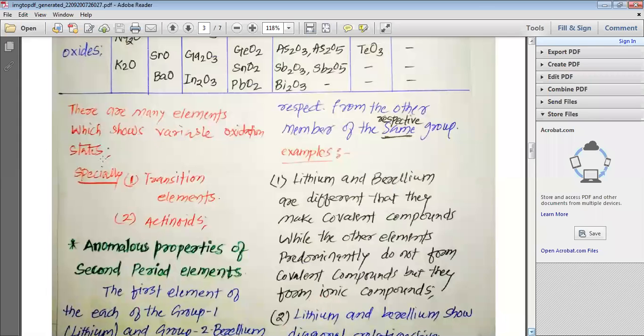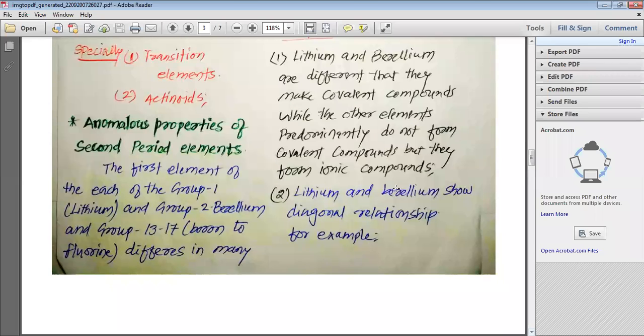There are many elements which show variable oxidation state, that we will study in other chapters, especially the transition elements and actinoids. They show variable oxidation state, and that is what we will study about them in 12th standard. Now we want to study the anomalous properties of second period elements. Second period elements are generally the first element in the case of group number 2, group number 13, 14, 15, 16 and 17. So these first elements